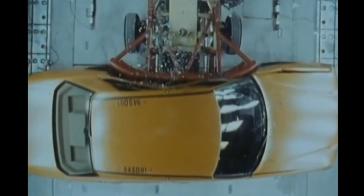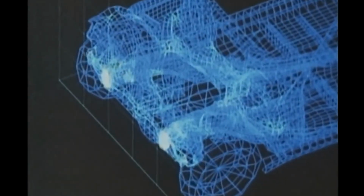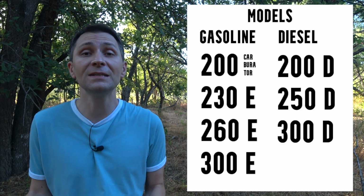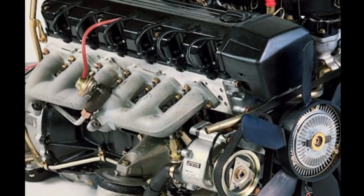7 trim versions went on sale originally with the following indexes: 4 gasoline versions, 200, 230e, 260e, and 300e, and also 3 diesel versions, 200d, 250d, and 300d. And the most interesting at that time was the top version, 300e, that boasted the latest 3-liter inline 6-cylinder engine